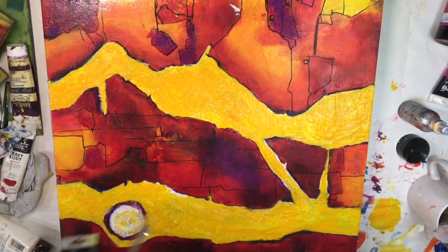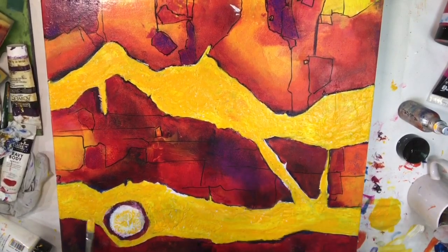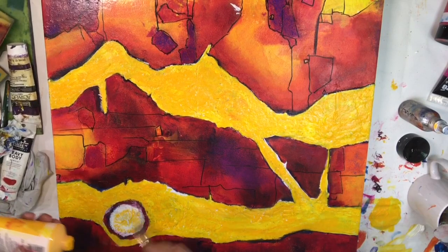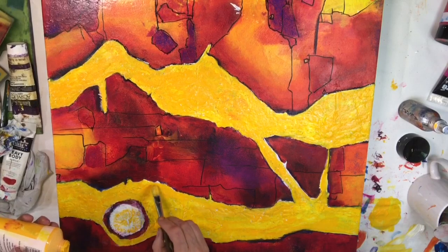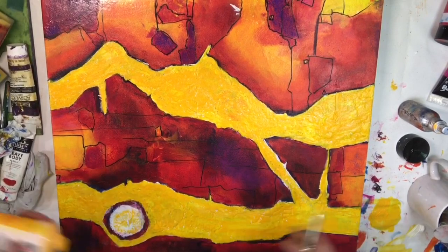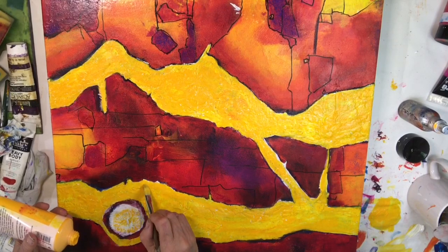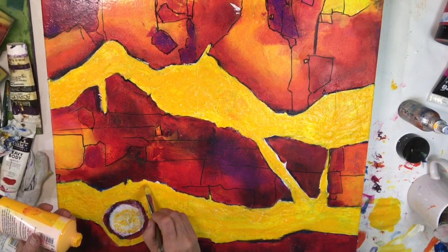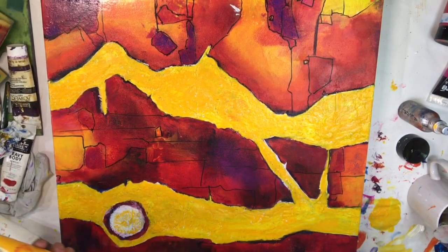So at no point do I want, I'm going to zoom in here, do I want this to be a soft edge? I don't think so. If I'm getting over onto the magenta, or quinacridone magenta, I don't want it to look orange. I kind of want it to be stark. Boom, the yellow has a hard edge. I don't want it to turn to a fade like an orange. So where I need to, I will go back in and darken down the edges if I didn't get them real clean